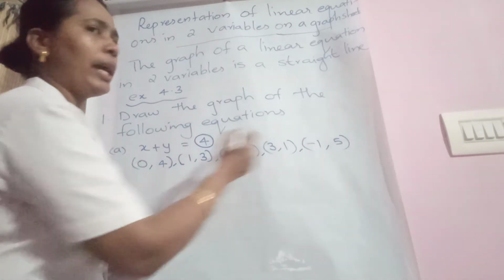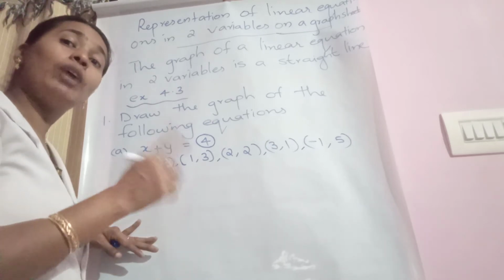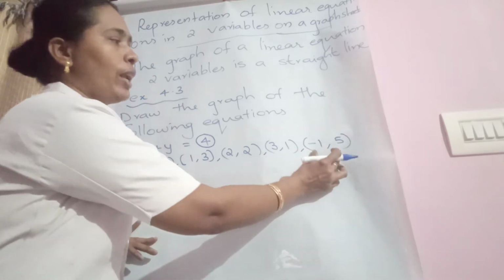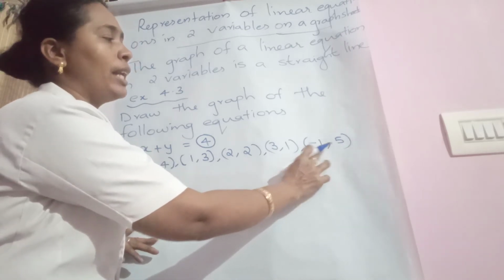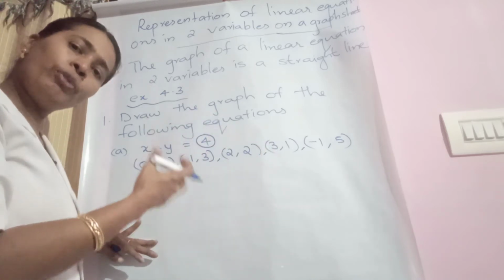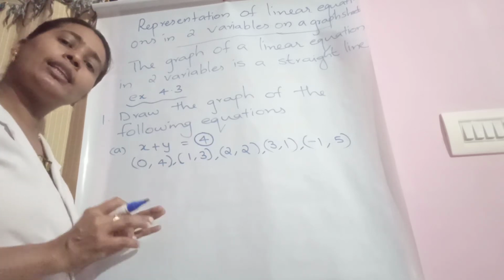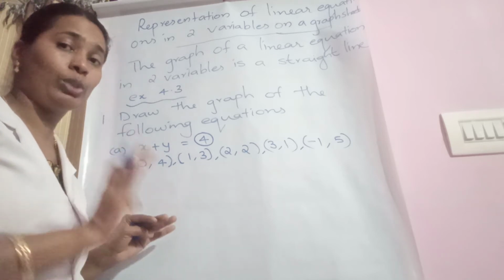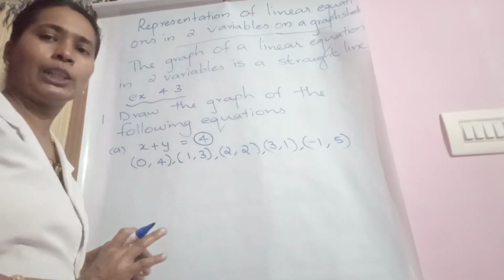Suppose teacher is taking minus 1. What will be your y value? Minus 1 plus what number gives 4? 5 gives 4 to us. Different signs coming, what do we have to do? Subtract the smaller number from the bigger number. That's why teacher wrote minus 1 comma 5 and so on. Anyway, negative values, if you want you can take, or if you want to avoid you can avoid. No problem arises. Those who are interested in keeping always positive values, keep it. That's up to you. To find solutions, the choice is yours. You can select any x value, then you will have a corresponding y value.